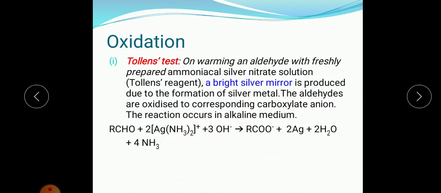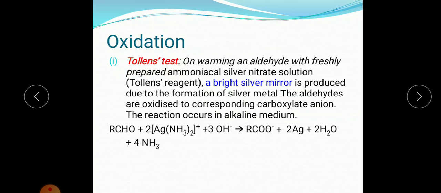Now next, a very important one, you can rate it as 5-star, Tollens' test. This test we are going to perform in the practical as well. Now let us see what this Tollens' test is. Tollens' test is used to identify aldehyde compounds. So for this, what we'll do is